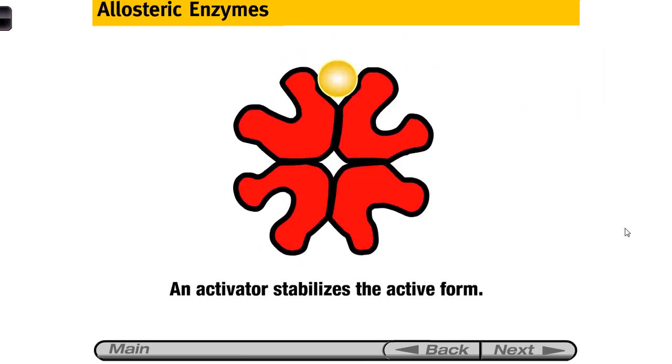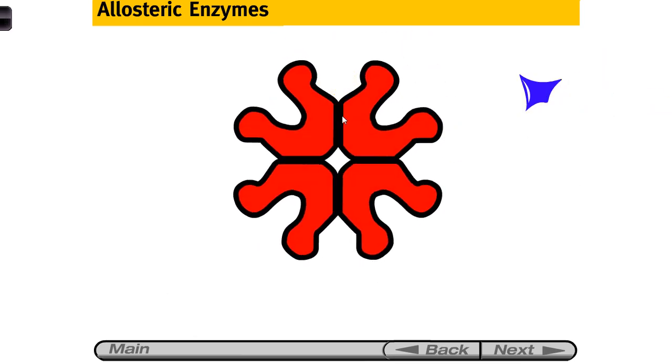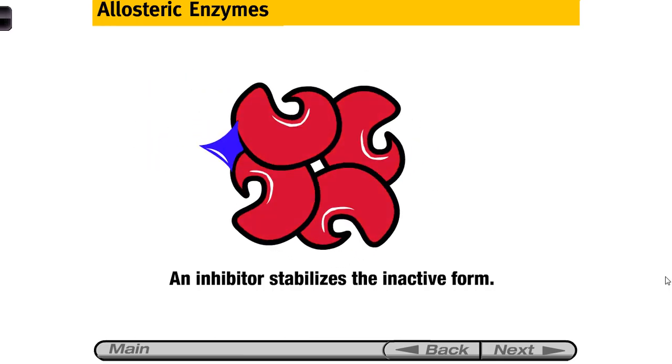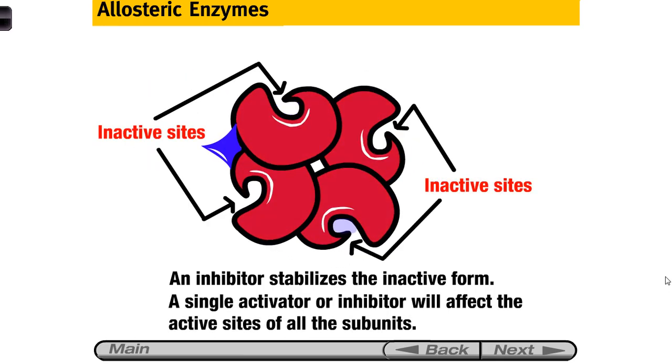When an activator binds, it stabilizes the active state. An inhibitor stabilizes the inactive state, which means that substrate can't bind to the active site. So again, an activator will bind somewhere and cause the enzyme to, or at least increase the likelihood that the enzyme will be in the active state. Whereas an inhibitor binds, changing the shape of the enzyme so that substrate can't fit into the active sites,